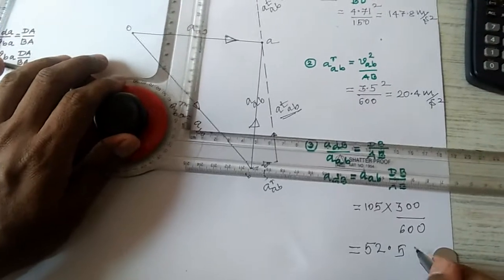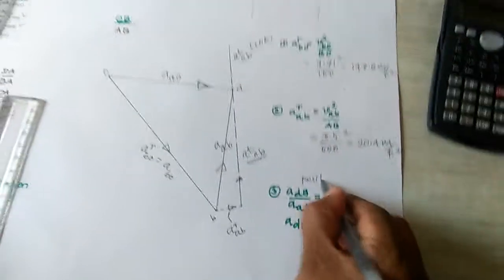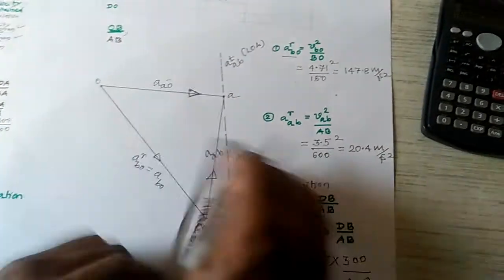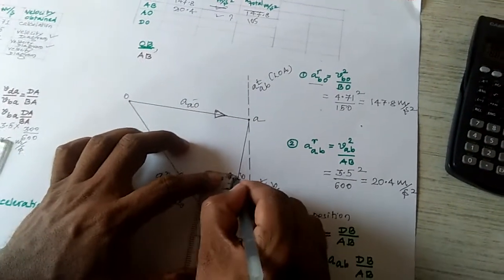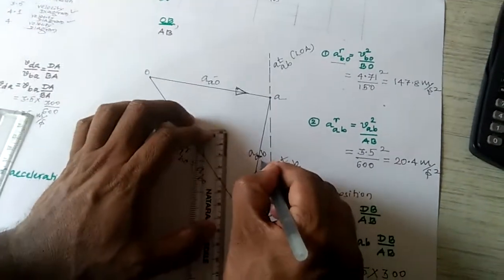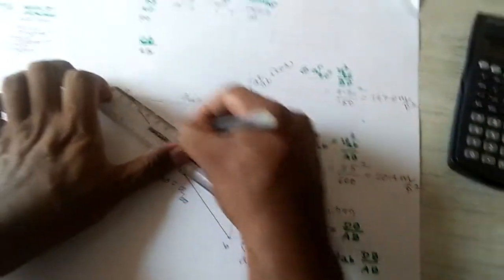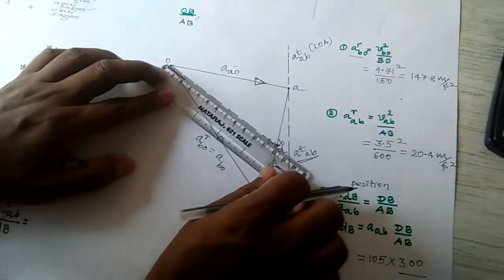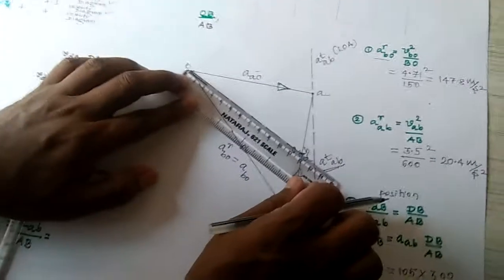Now we have to find the position of D. In order to find the position, 52.5 means nearer to 5 centimeters. This is 5 centimeters, so it comes here only. I can write this point as D. You join it and measure with the scale, and it comes nearer to